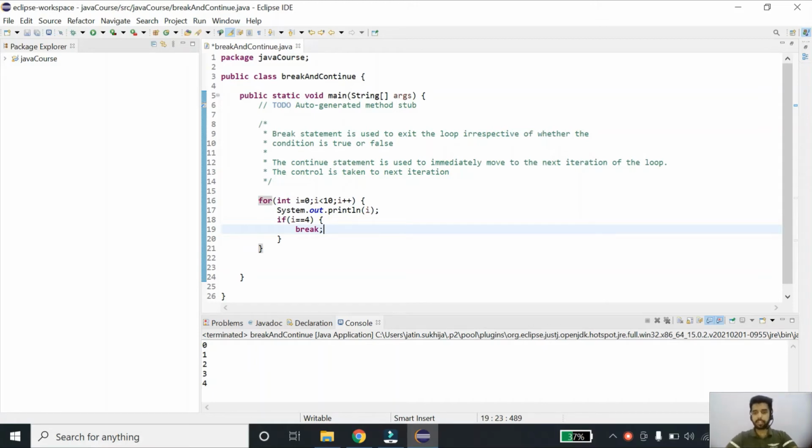The continue statement is basically used to immediately move to the next iteration of the loop. What that means is, whenever the code finds this continue statement, the control will be taken to the next iteration. So let's understand this as well with an example. Instead of break, if I write continue over here,